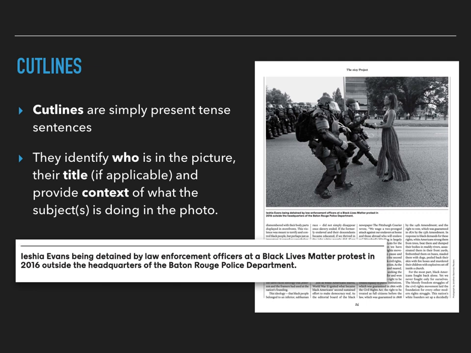So cut lines are simply present tense sentences. They identify who is in the picture, their title, if applicable, Dr. Geis, President Geis, whatever their title is. Usually you have that in the subject or in the caption, and provide context of what the subject or subjects is doing in the photo. So this particular caption was taken from